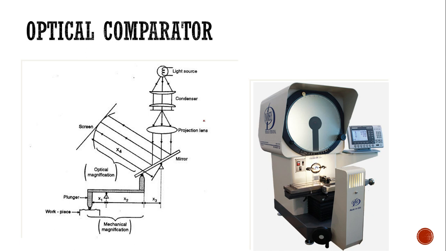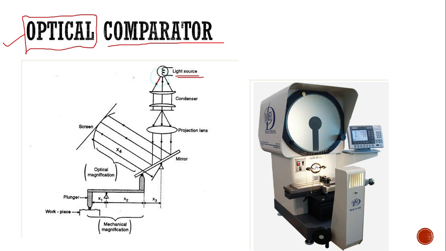The optical comparator is very simple to understand. The only thing is we use some lenses, mirrors and glasses in the comparator. In those cases we can call them optical, and the principle is optical. With the help of an optical image we will see the difference in the dimension. The main important source is the light source. Through this light source the scattered rays are passed.